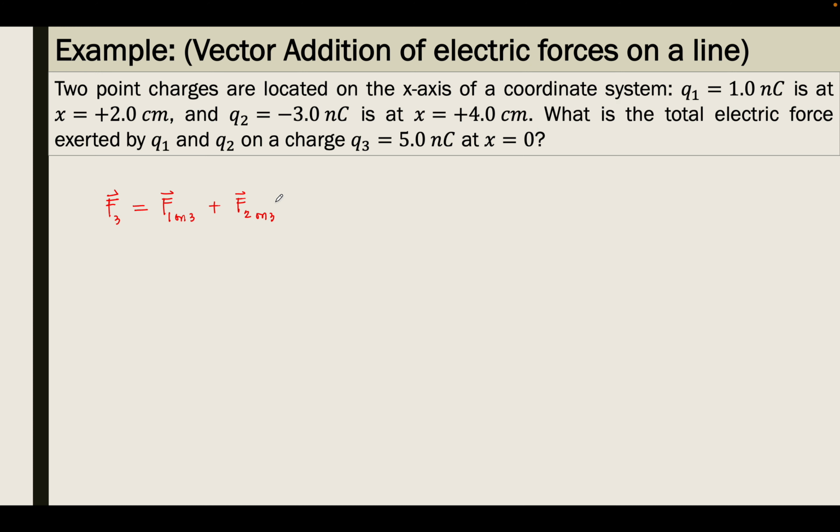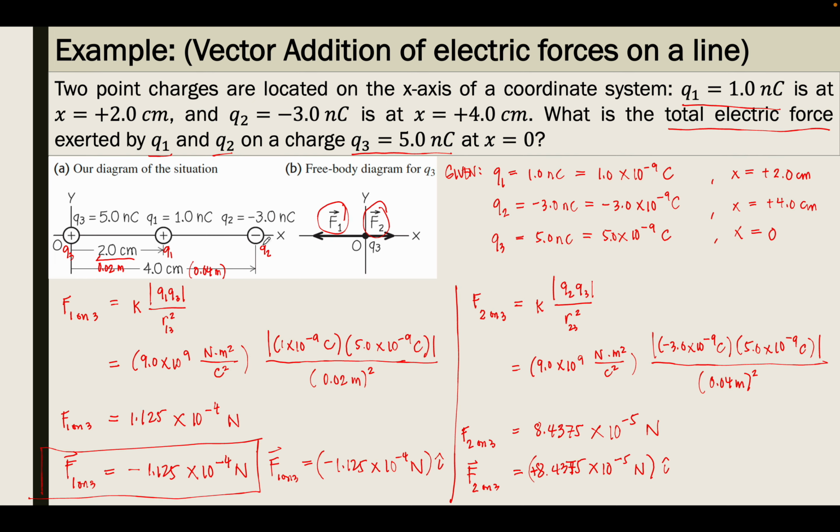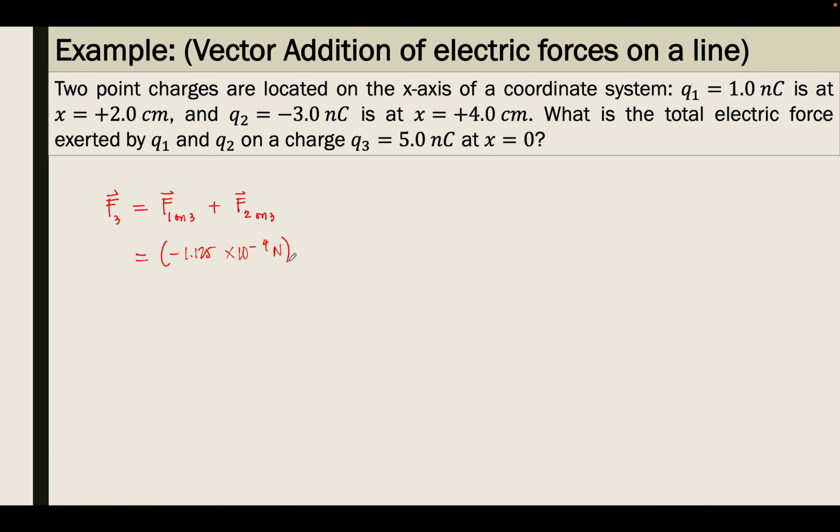So this is our formula to solve for the total electric force. F1 on 3 is negative 1.125 times 10 to the power of negative 4 newtons I hat